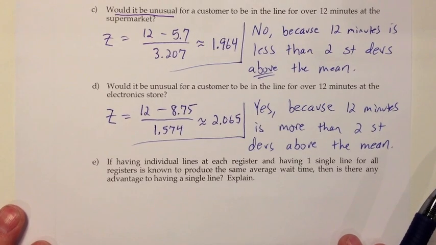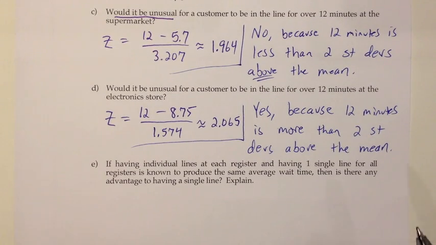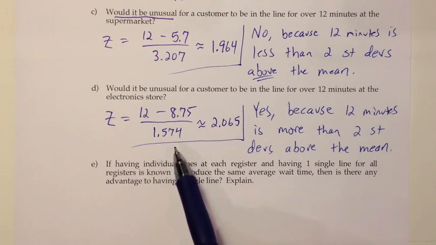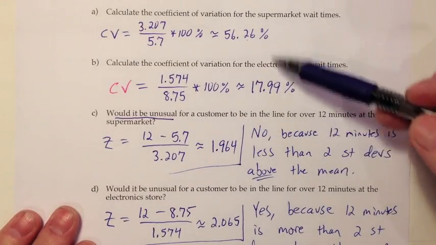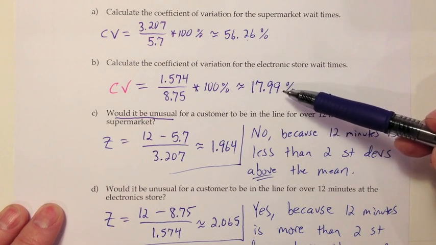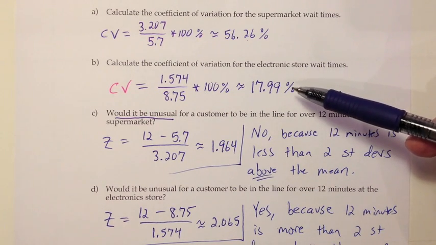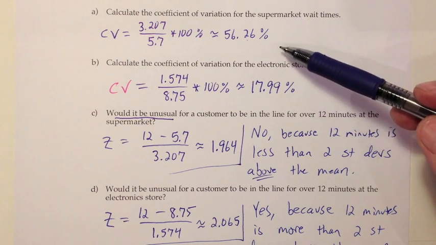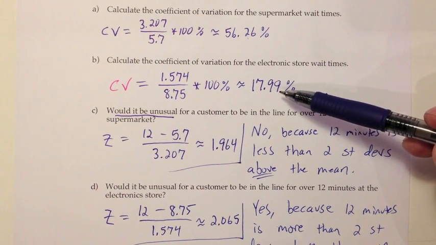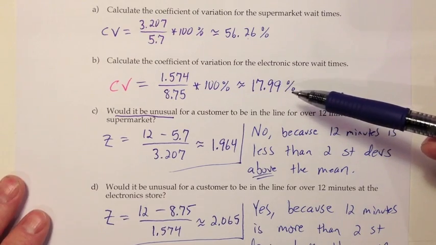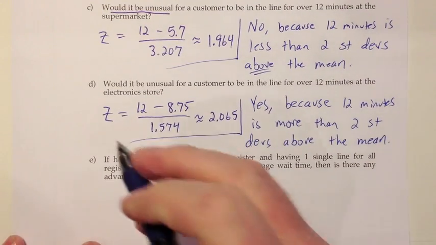All right, let's go ahead and look at one final question here. And I think we probably kind of discussed it right up there. But if having individual lines at each register and having one single line for all registers is known to produce the same average wait time, which it is supposed to do theoretically, then is there any advantage to having a single line? And I would say yes, because the standard deviation is smaller. You have this smaller coefficient of variation, meaning you get a more consistent wait time. And people like consistency. So if the average is going to be the same, it would be good to have a consistent wait time so you don't have some customers getting through quickly but others getting frustrated in a slow line. So I would say yes, there is